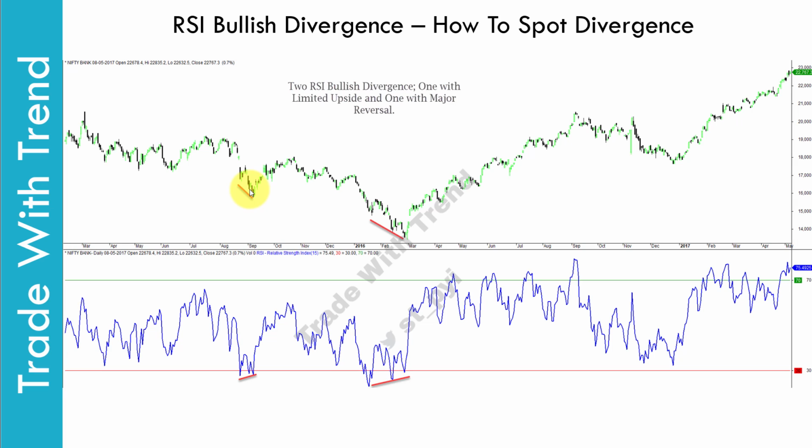Again, this topic is largely uncovered. The importance of RSI bullish divergence directly depends on the extent of the prior down move on the chart. Now, the larger the down move, the greater the importance of RSI bullish divergence. I hope this point is clear.